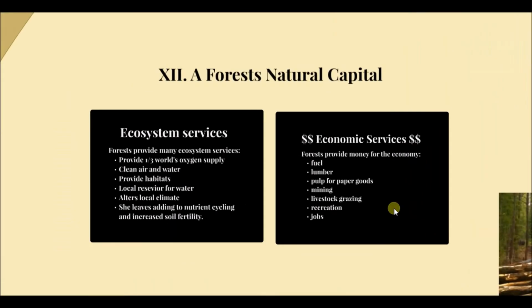We're going to skip that, and we're going to go on to the next subject of forest natural capital. Now remember, natural capital is the natural environment that a country is going to be benefiting from, either through being able to make a profit from, or having some kind of ecosystem services that just help do nutrient cycling or pollination. Some of those services are maybe not things we're directly profiting off of, but we're definitely profiting off of crops that get fertilized by bees when they come through the orchards and do that natural ecosystem service.